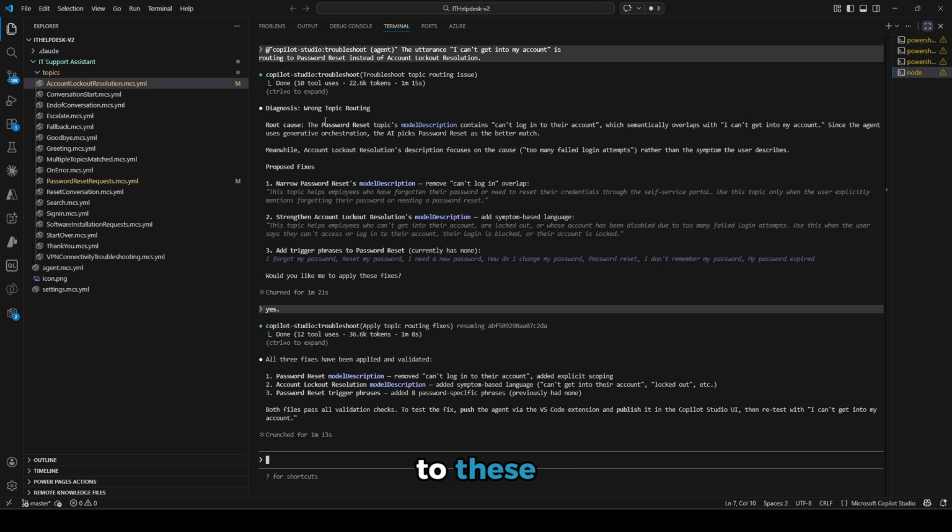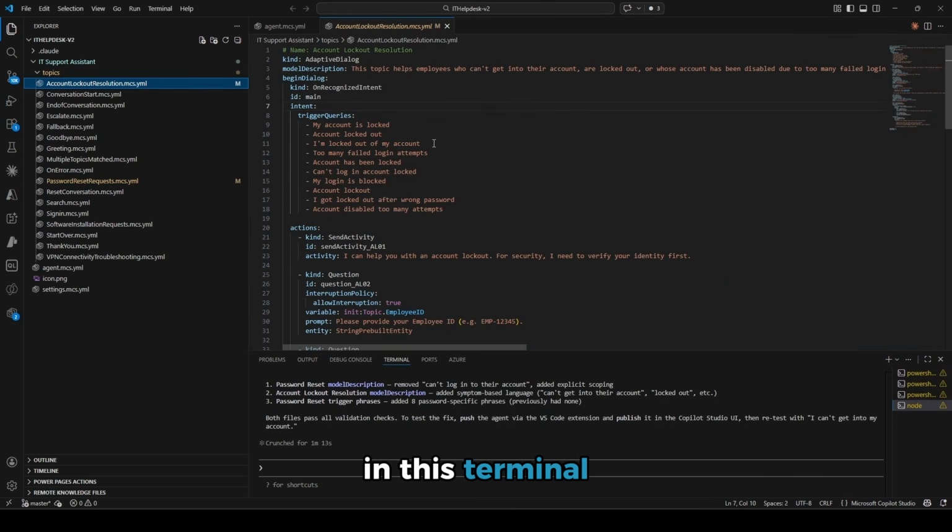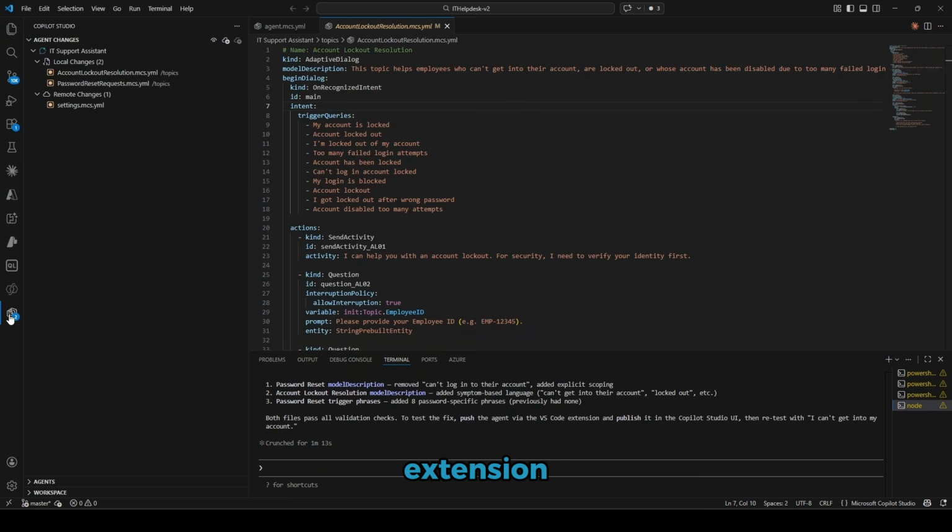Now let's say I click onto these and I'm happy with the changes that were made. Just going to scroll down in this terminal. We take a look, we say we're happy with this. What we can do is then come into the Copilot Studio extension. We can see there's 2 local changes and we can just send those changes